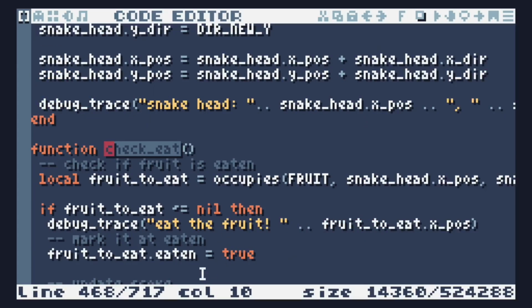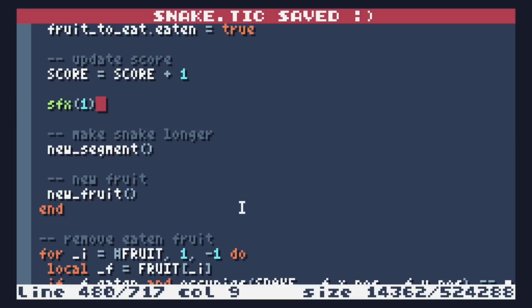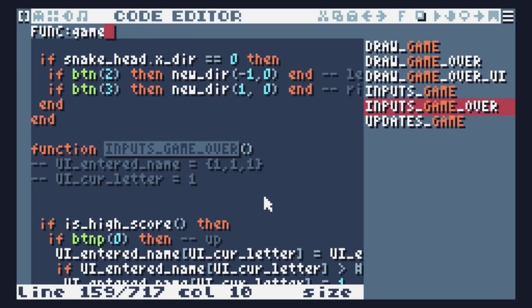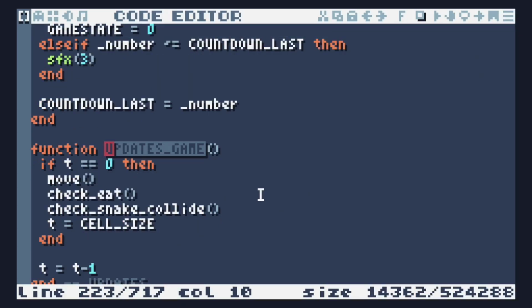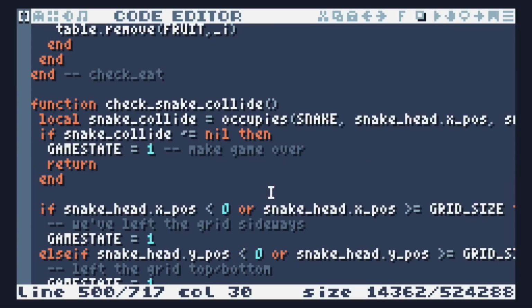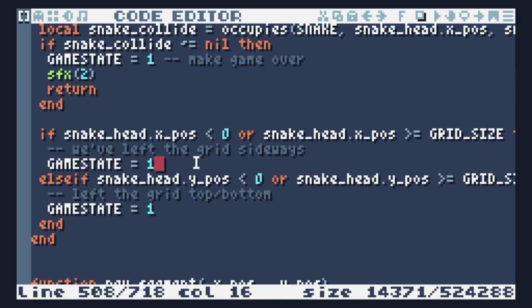Wasn't check eat, sound effect 1. And then the other thing was game over. Updates game, check snake collide. In check snake collide, make game over is fx2. Copy this, because everywhere game state gets set to 1,